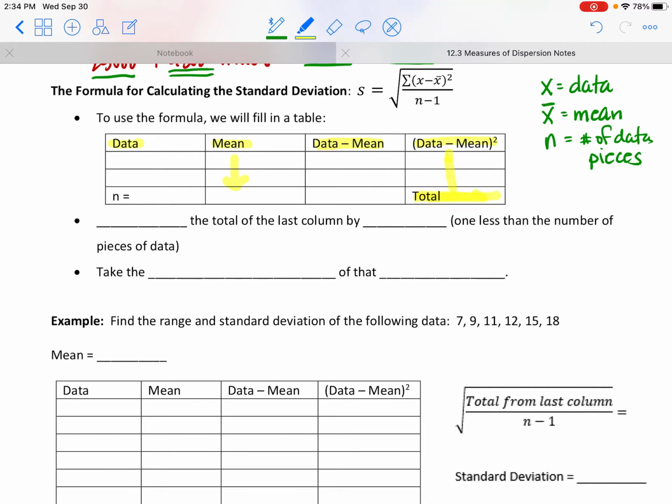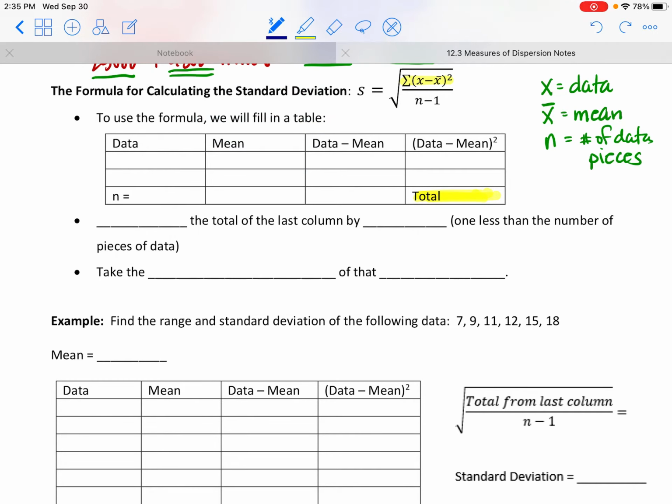So this last column, this total, that's what is going to be this part of the formula. Okay? This last column total is what goes into the formula technically. So we've got to fill out all this stuff in the table. All of this is just to get us to here, because that's the number that's going to go into the top part of that formula. Okay? Dots and squiggles everywhere. All right. So once we get that total,